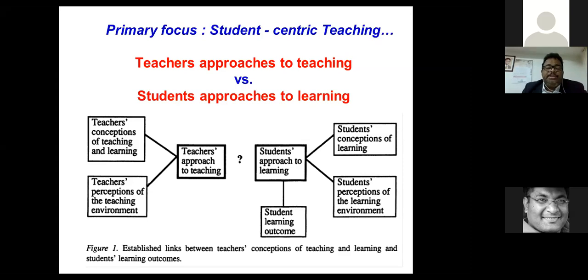That is why I'm saying we always need to think about whether our approaches to teaching and students' approaches to learning are matching or not. If it is not matching, what is the percentage? That is actually called connecting with the students. Connection should happen, and teaching is the main criterion. Of course, there are many other things to connect with the students in the class.